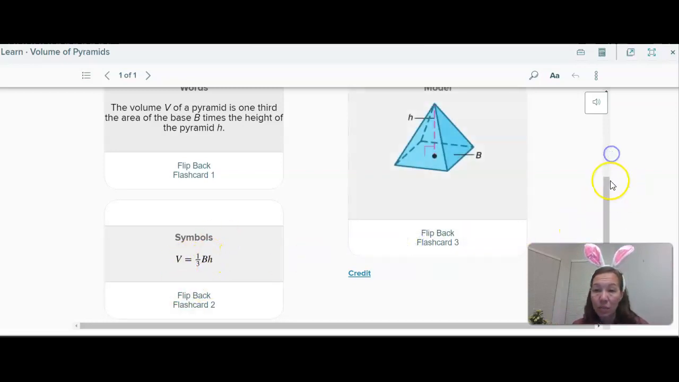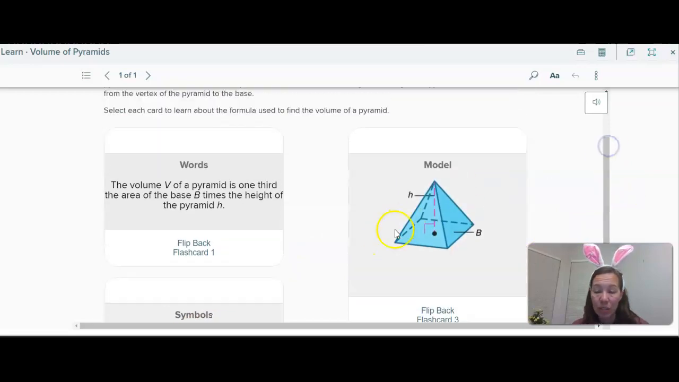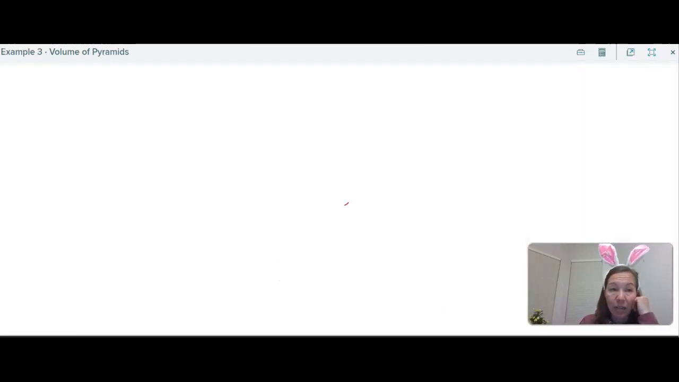So here, this pyramid is a square pyramid. It has a square base. The area of the base times the height, and the height is always perpendicular to the base, just like with triangles and parallelograms and things like that. The height is always perpendicular to the base, and then it's going to be 1/3 of that. So if you look at this final example on page 479,